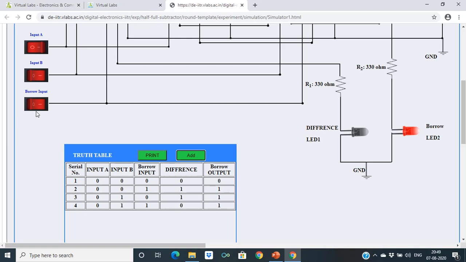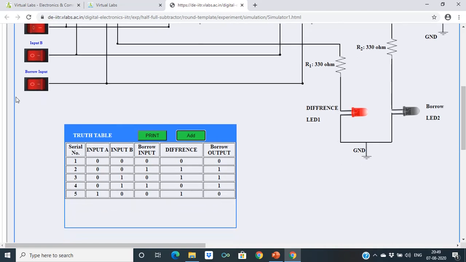Then similarly you can go for 1 0 0, so you will have 1 0. Then you can go for 1 0 1, 1 minus 0 will be 1, 1 minus 1 will be 0, there is no borrow here.